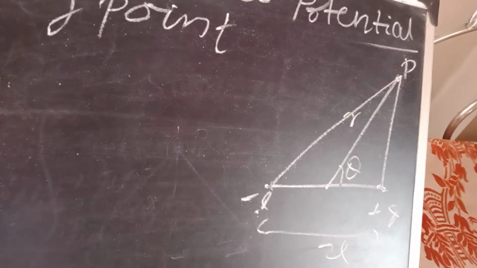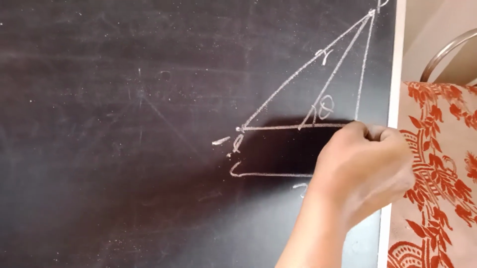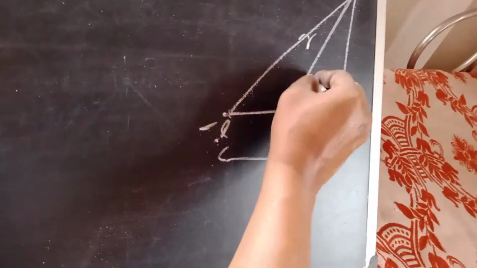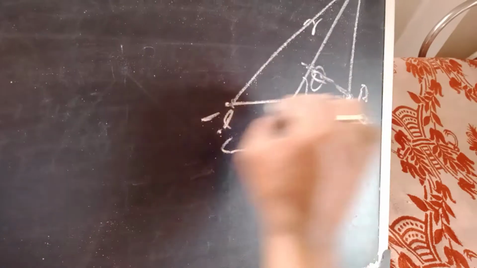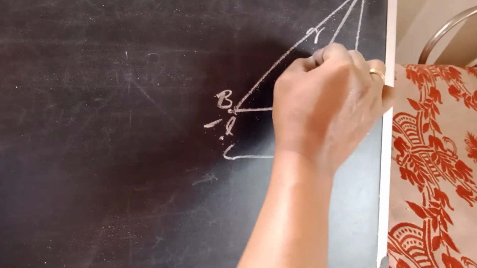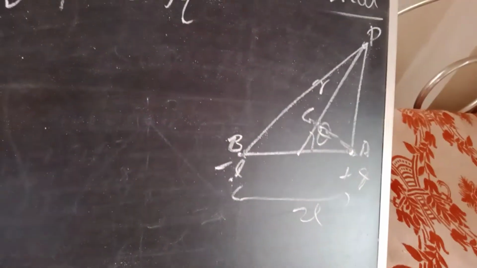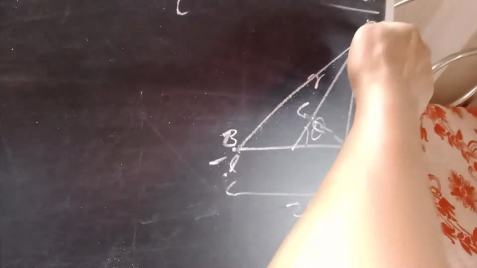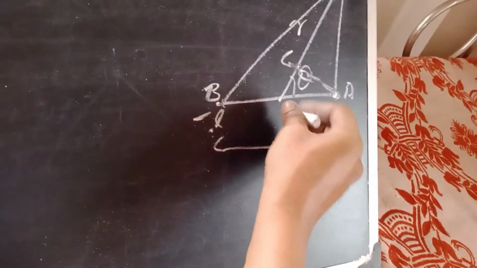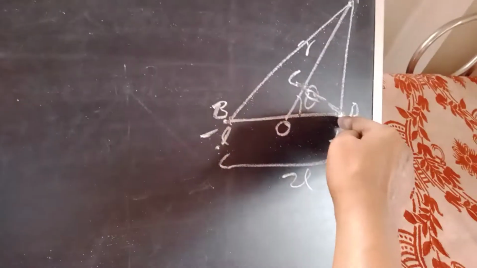How can we calculate that distance? See, if we take a perpendicular from plus q to the line of r, then give the names of the dipole charges A and B, and give that perpendicular the name C. So PA equals PC, isn't it? PA equals PC because we take a perpendicular here. Give the name O to the midpoint.